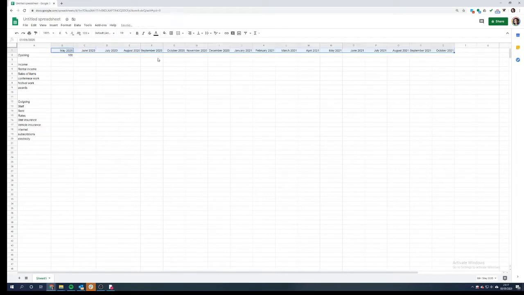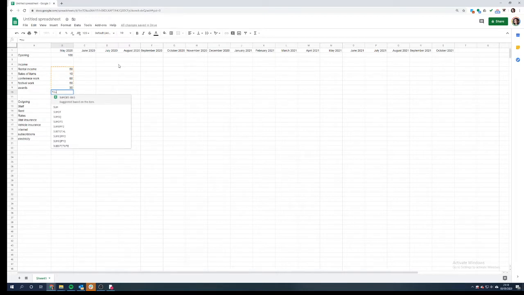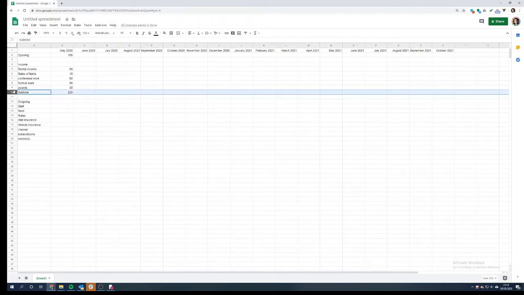I do think it's not a bad thing to see how quick you can get when you've done quite a few of these kind of things. So income, let's say rental income's 50 quid, and I hope it would be more than that. My business sale items, you might only have 10 quid of that. Conference work, 80, festival work, 50, and then awards, 35. We're now going to subtotal this so you can see what all your income is. Sum. Google Sheets is great because it auto-populates. Always write in what these things are. You will need it later and you won't remember what all your columns are. So, going to make that underline as well.